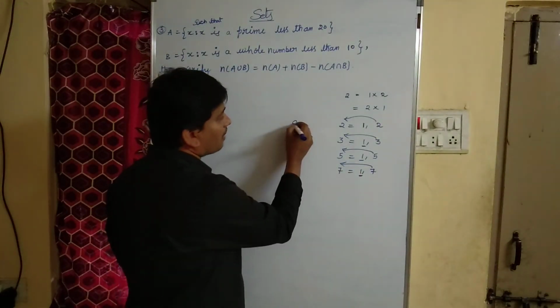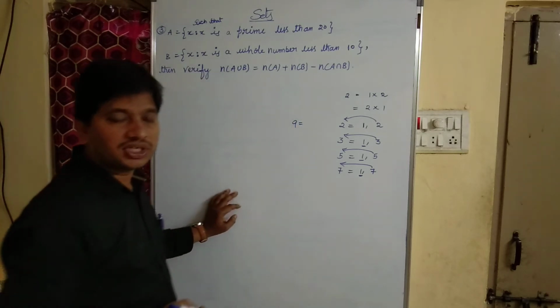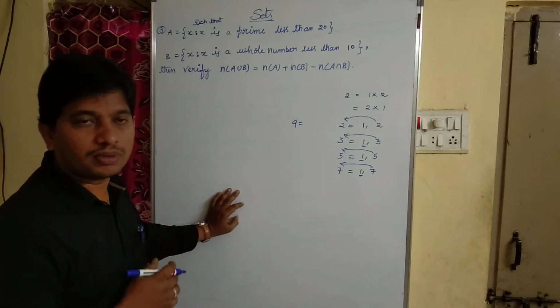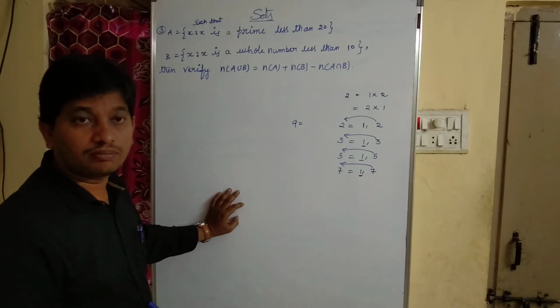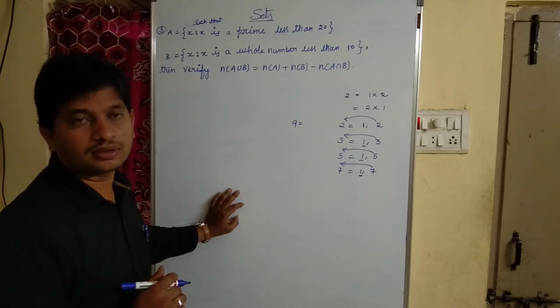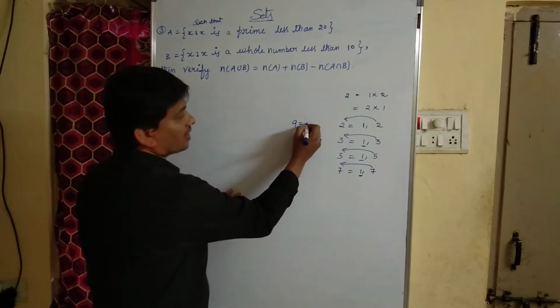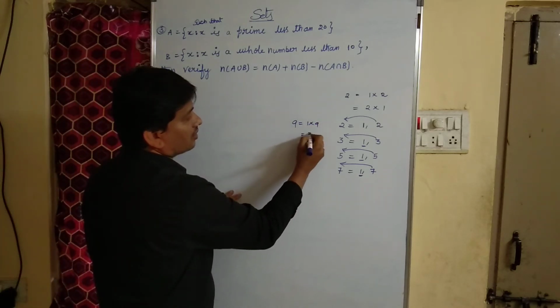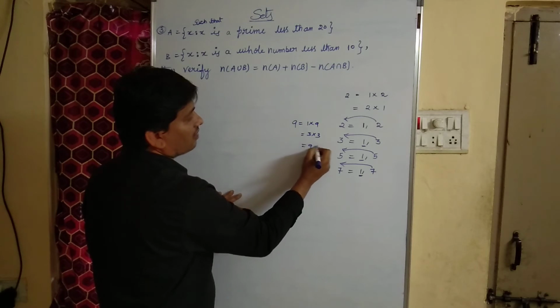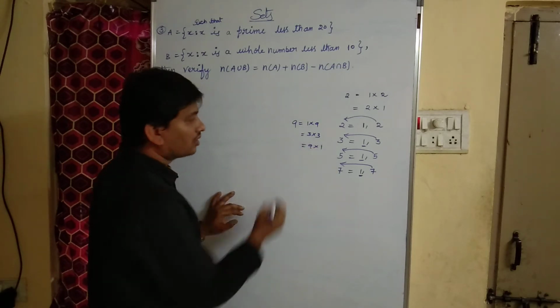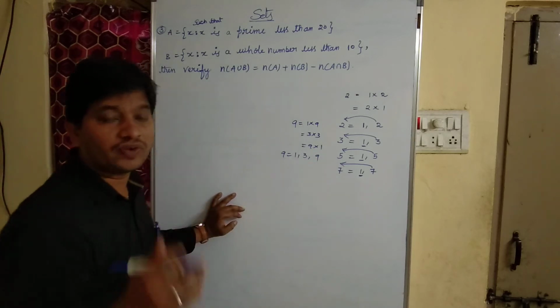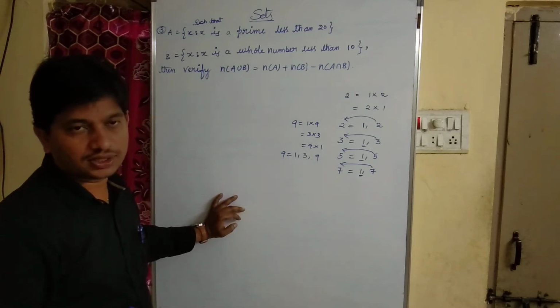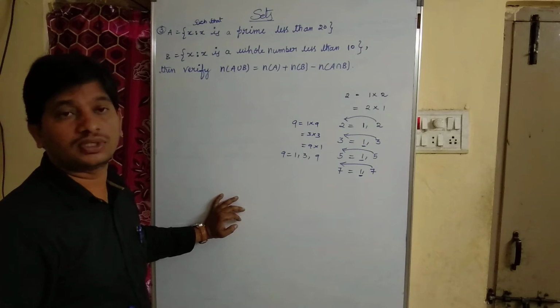Is 9 a prime number? Because 9 is an odd number. As I told you, primes are odd numbers, but not all odd numbers are prime. Because the factors of 9 are 1 9s are 9, 3 3s are 9, 9 1s are 9. Right? The factors of 9 are 1, 3, 9. They are not two factors. More than two factors, we call it composite numbers.